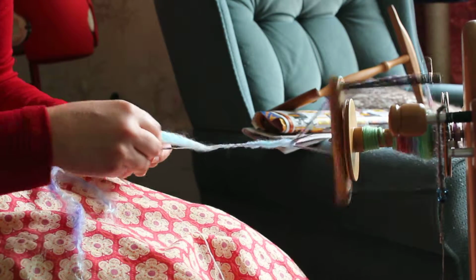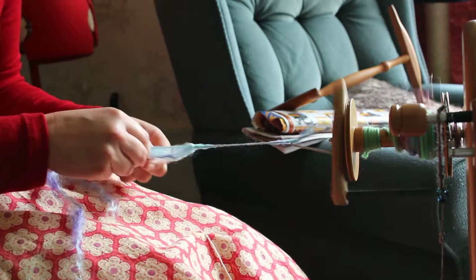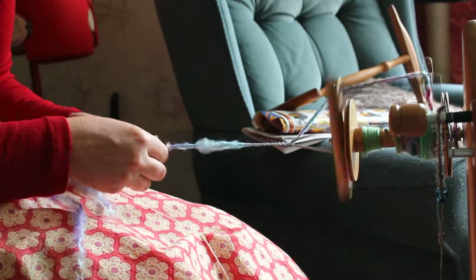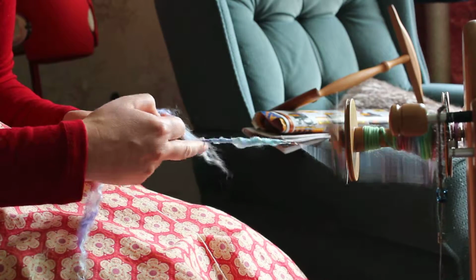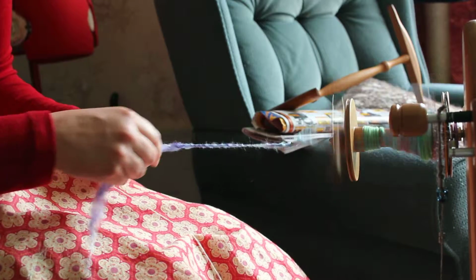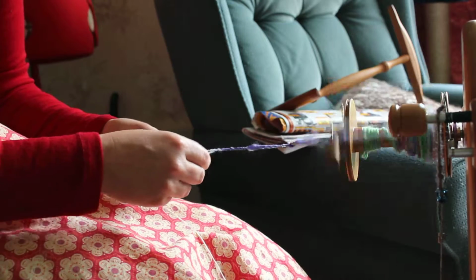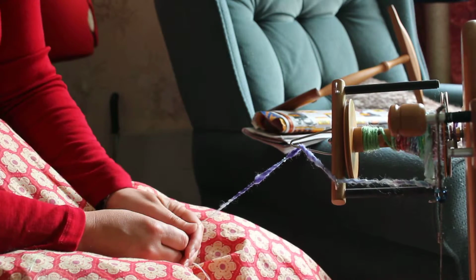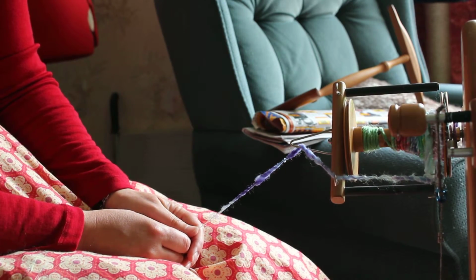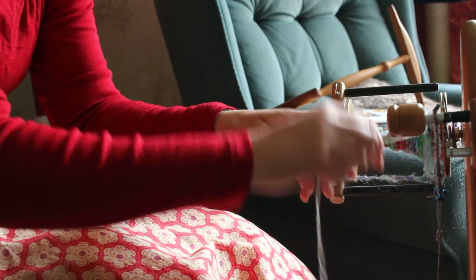This is one of those things that I will learn more about as I practice more. I'm certainly not the only one doing this at the Guild though. So it'll be good to see if other people start doing it. But I think that'll do for the moment. I've still got quite a bit of fibre in the bag, but it's enough to give you an idea of how the technique